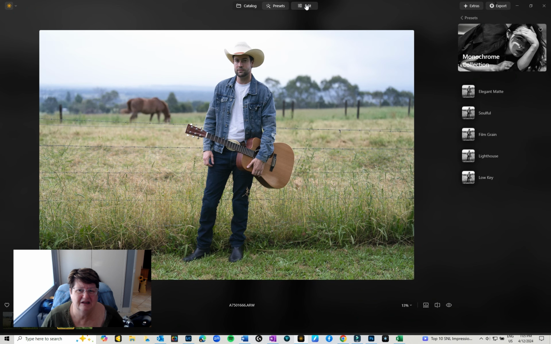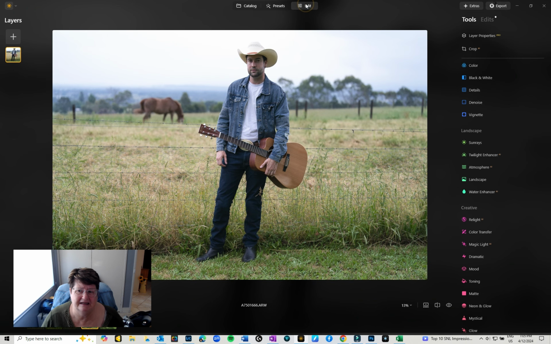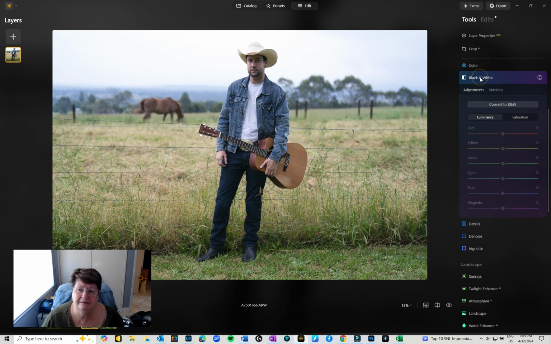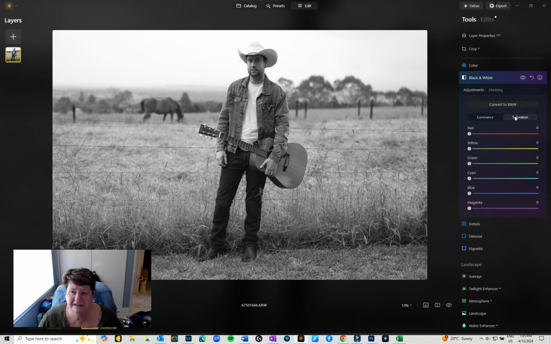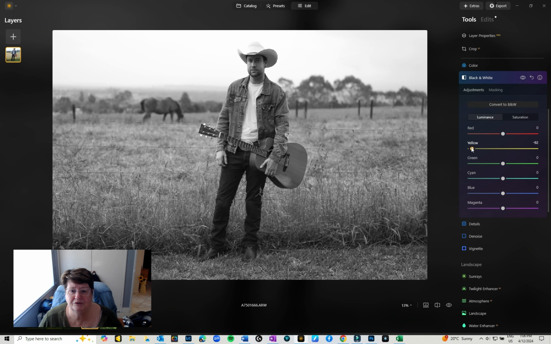I don't know that I really like any of them, so I'm just going to jump over to edit and have a look at doing my own. So I'm going to click on the black and white panel to start with, and I'm going to convert to black and white. So that has just set everything to monochrome, but I still have all of my luminance and saturation panels that I can play with. So if I want to give a little bit more brightness to the yellows,